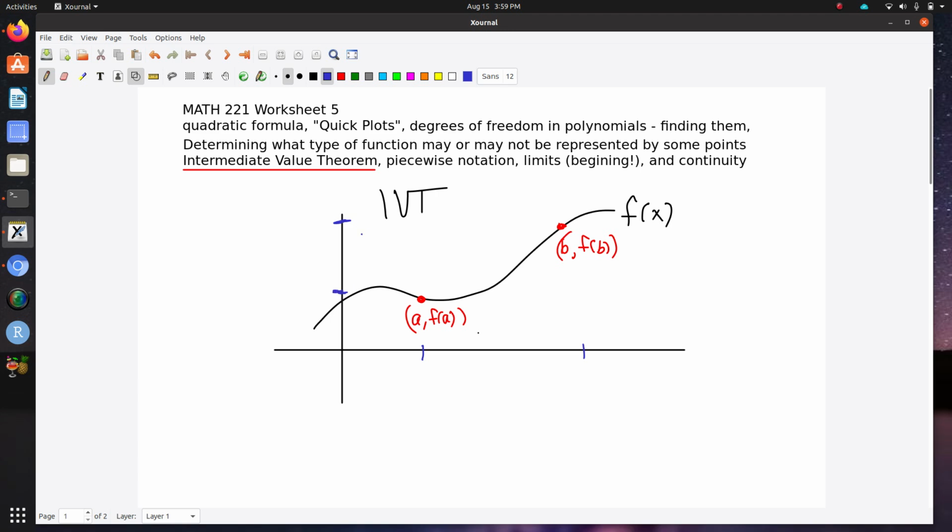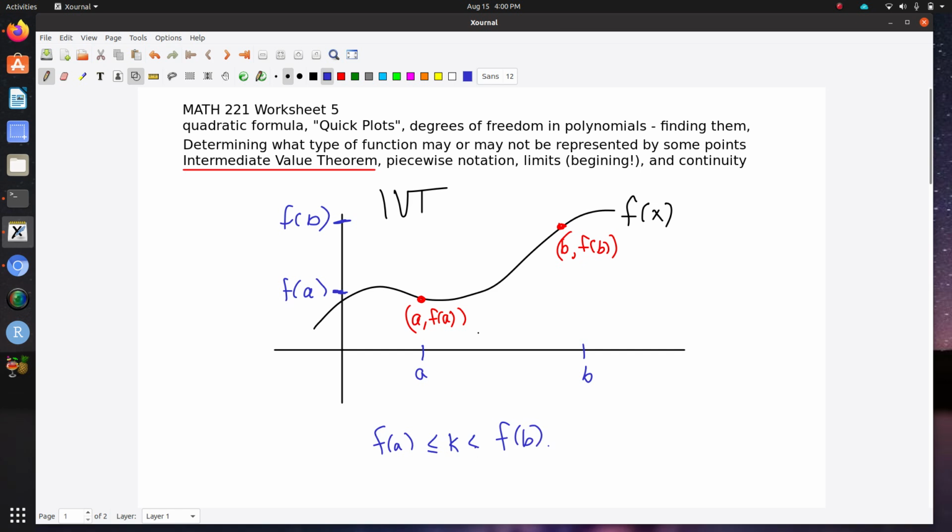It could go downhill, uphill, whatever. Even f of A and f of B could be the same, it doesn't matter. But this is A, this is B, this is f of A over here, and then here's f of B over here. The intermediate value theorem says that for every k value that's between f of A and f of B,